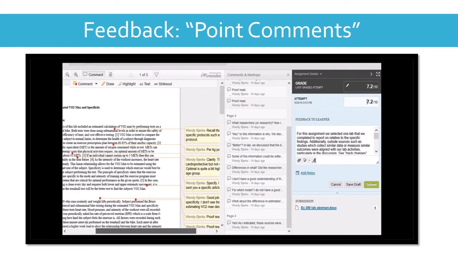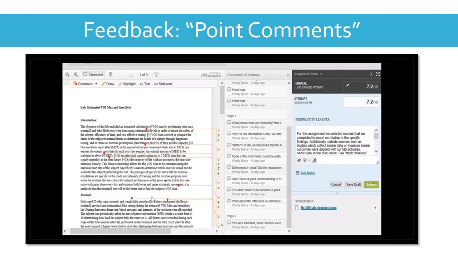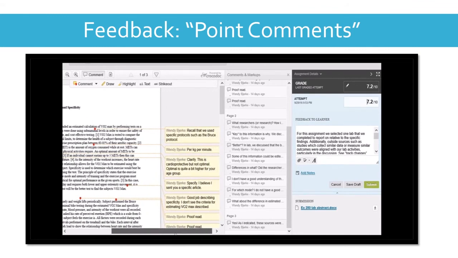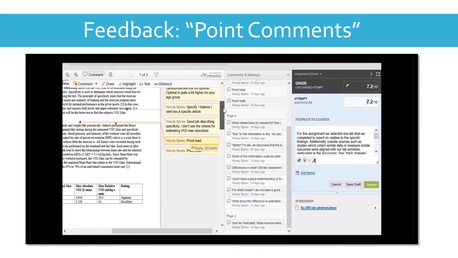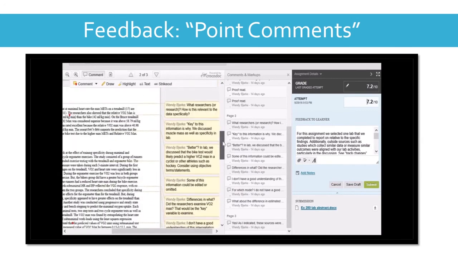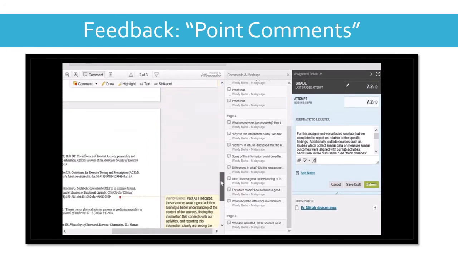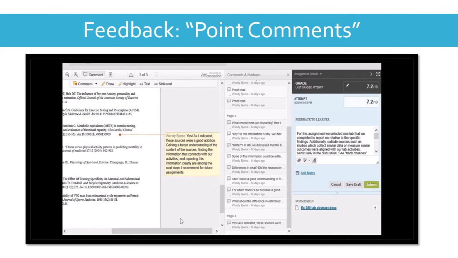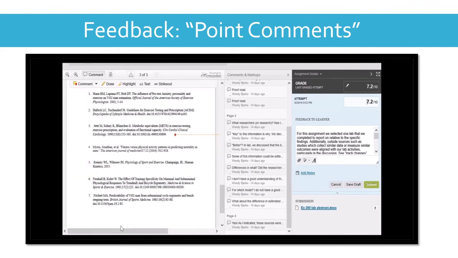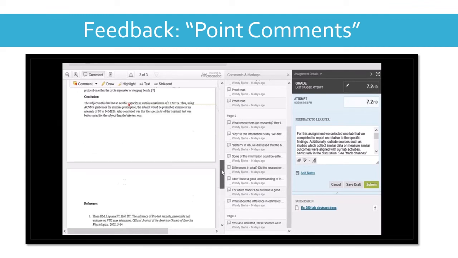And then here we're able to move through actually quite quickly and efficiently. This looks like quite a bit of work, but it's not taking more time than what would be required if I'm grading these by hand with a red pen, so to speak. It's not, in fact, it's probably more efficient than grading some of these assignments by hand. But you can see that the student is going to have a lot of information that they can take a look at and will hopefully be associated with some progress.